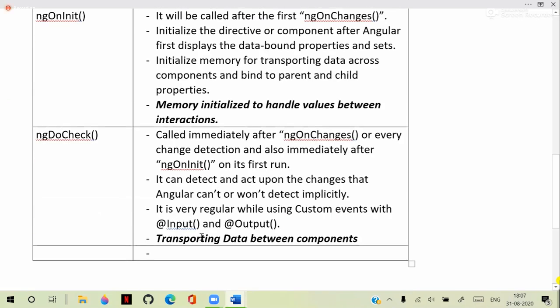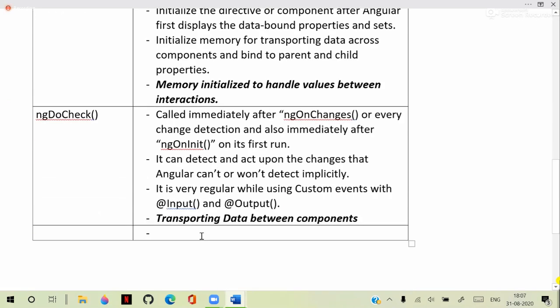DoCheck checks if any data is not implicitly transported. So then it needs an explicit transporting. Then that is managed by using DoCheck. And after DoCheck,